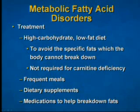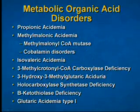In addition, frequent meals help to maintain blood sugar. This is particularly important in times of illness. The organic acid disorders include propionic acidemia, methylmalonic acidemia, both methylmalonyl coenzyme A mutase and cobalamin disorders, isovaleric acidemia,